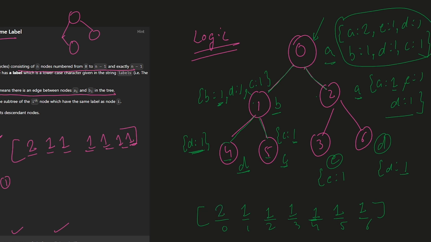I hope this much is getting clear to you. So we are just maintaining a dictionary. If you are using another programming language, you can maintain an array of this size. We can say 7 size, array of 7, right? You can do the same thing by using an array. So this is the logic which we are going to use. We are just using a dictionary. We are calling the subtree and telling them just find out how many characters you have in your subtree. So that's all. Let's move to the implementation part, and let's see how we can implement this DFS in the